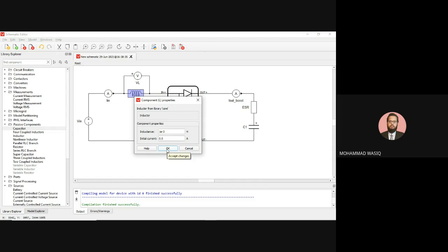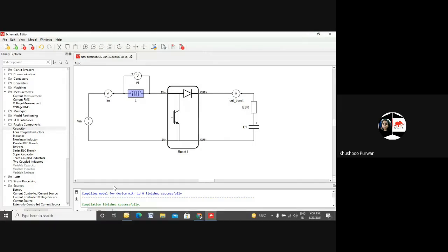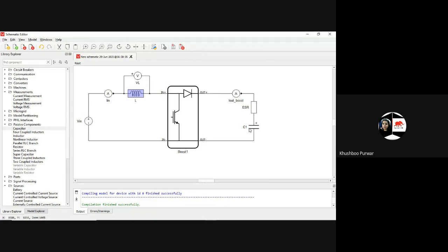Okay. So I am just completing the plant part. After the plant part, when I design the controller, you will be able to know what we are doing and what is the exact purpose of L. Now, with the output of the boost, I'll be using it for current measurement across this, as well as output voltage measurement across this.